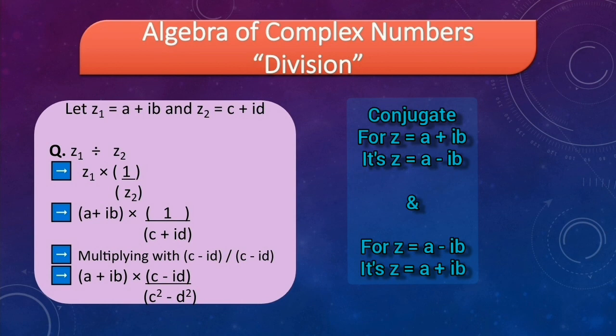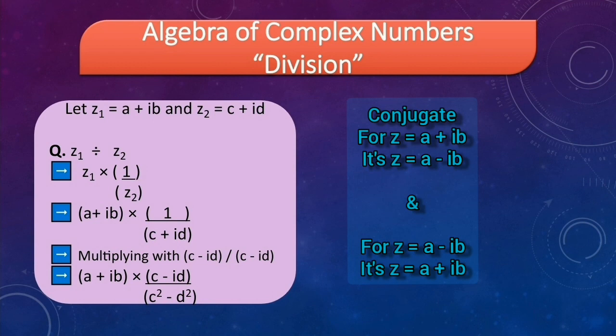Now by multiplying with (c minus iota d) upon (c minus iota d), it will give our answer (a plus iota b) into (c minus iota d) upon c square plus d square. I would like to personally suggest that rather than learning this formula, we should divide in general, as we are going to do